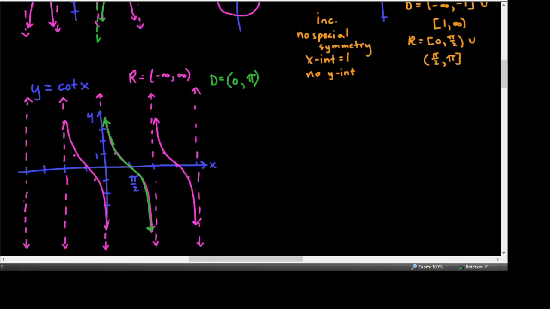Okay, so now if we go to graph its inverse, which means we'll be graphing y equals cotangent inverse of x, also known as arc cotangent of x. We number off the x-axis by 1s, the y-axis multiples of pi over 2,